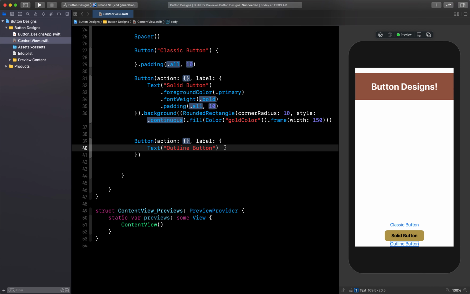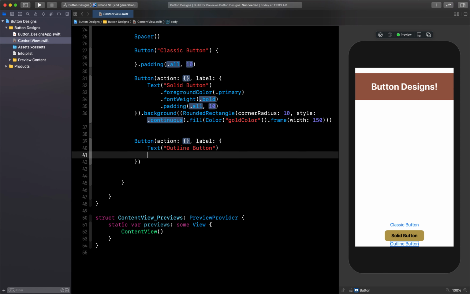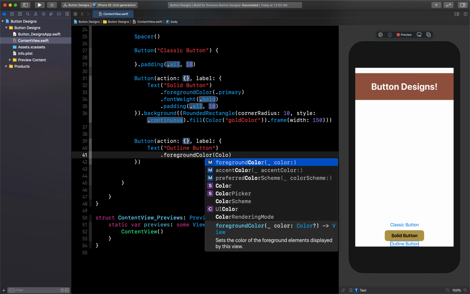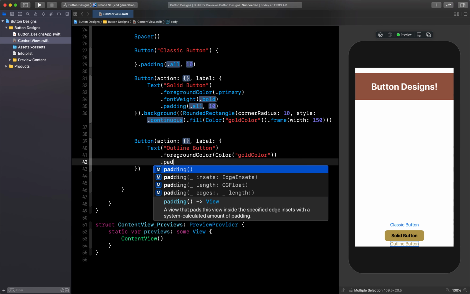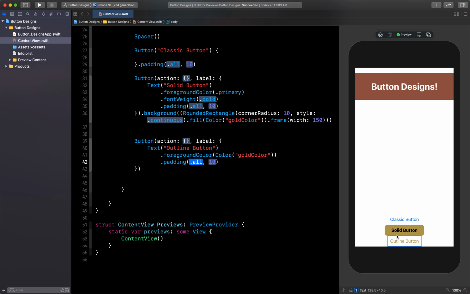Now inside this what I can do is I can give again same foreground color, and my foreground color will be same again. Here I will try to give color with my custom golden color. Now after giving the gold color what we can give is we can give some padding to our button, so that you can see it will give some spacing here. Now what I want to do is I want to give this type of background effect. So let's just copy this part